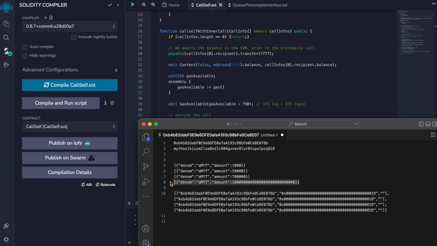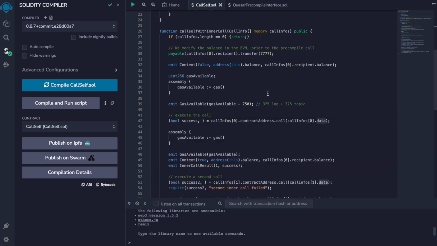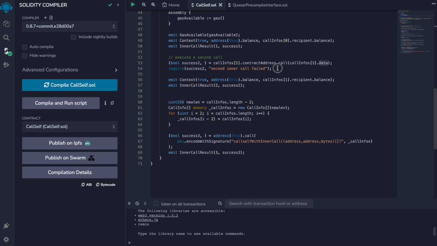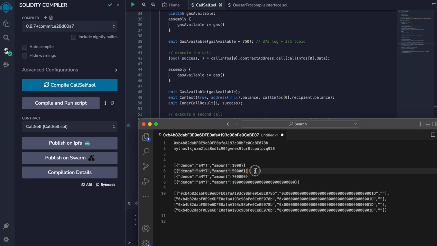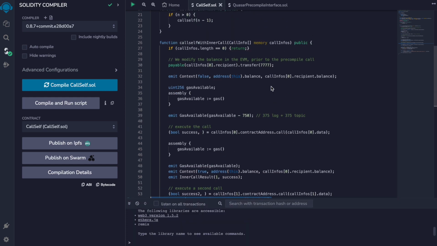And if the 4th message fails, then we are in this condition. So then the 3rd message will also fail because the 3rd and the 4th one will be in the same call context frame. But the first 2 messages will succeed, and we should see this reflected in the balances, in the logs, and in the balances after the transaction is executed.